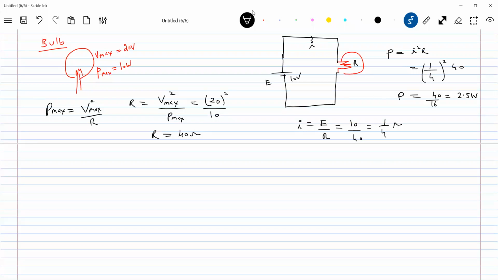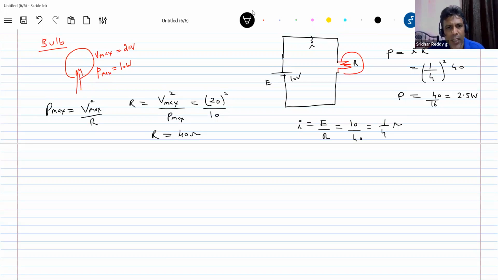Now look at that one. What is the maximum power? It was 10 watt, no? What is the brightness of the bulb? Will it be less than the maximum brightness, or greater than the maximum brightness? Less than. So can I increase this voltage across the cell? Yes, I'll make it 15. I can increase this voltage. The bulb will have maximum brightness when the applied EMF is 20 volt. So as I keep on increasing the applied EMF, 10, 12, 15, 16, the brightness of the bulb will increase.